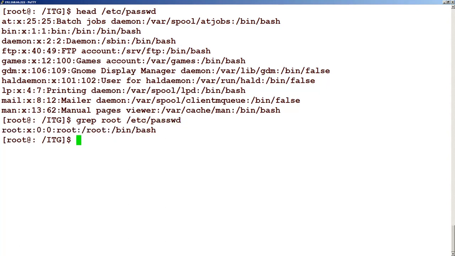Take a look at this entry. This value is 0, so the user ID is 0 for root. Take a look at some other user IDs, like bin. The user ID for bin is 1. If you look at daemon, it is 2. So it's customary to put these fake logins at the beginning of the password file to give them low UIDs